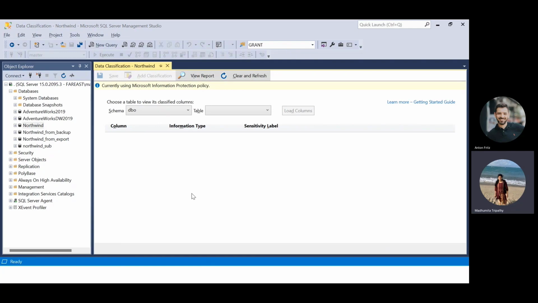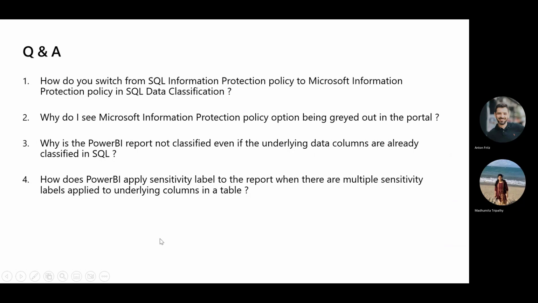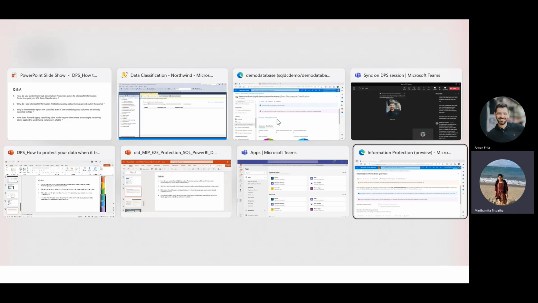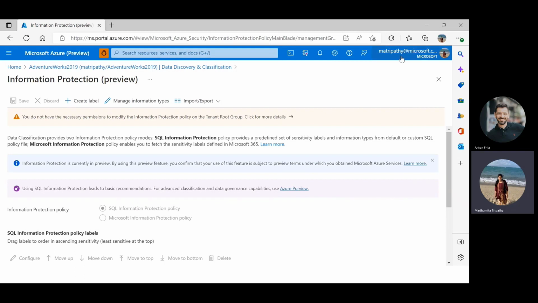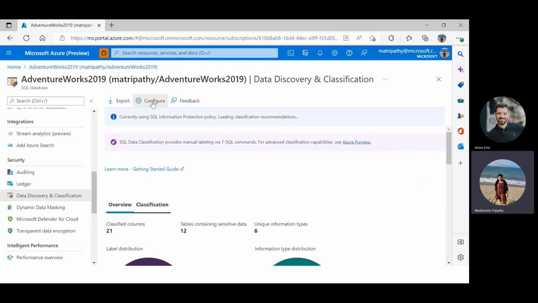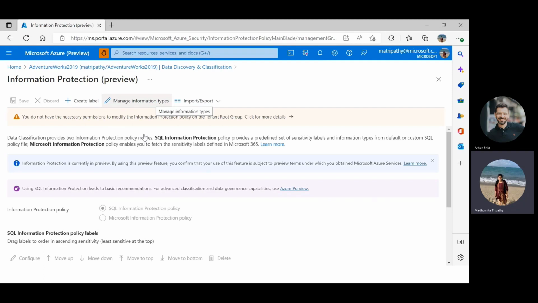Now let's move on to the second question that I had on the slide. Many a time you will see that the Microsoft Information Protection Policy option in the portal is grayed out. That means it's not active and you cannot switch between SQL and Microsoft Information Protection Policy. To show you that scenario, let me again move on to the portal. Here I have connected to one of the tenants where I do not have the required set of permissions. When I come to the configure tab, you can see that these options are grayed out,